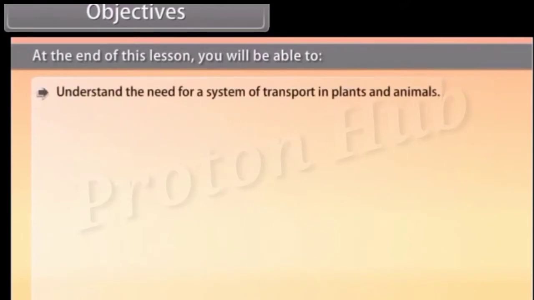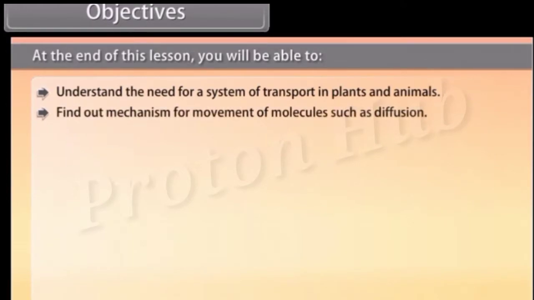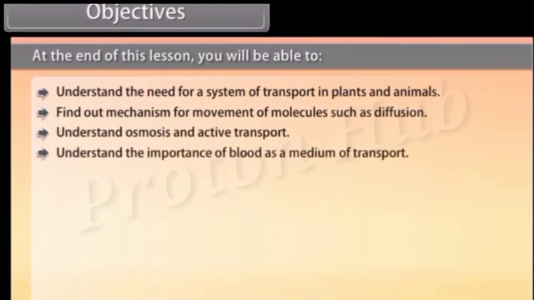Objectives. At the end of this lesson, you'll be able to understand the need for a system of transport in plants and animals, find out the mechanism for movement of molecules such as diffusion, understand osmosis and active transport, understand the importance